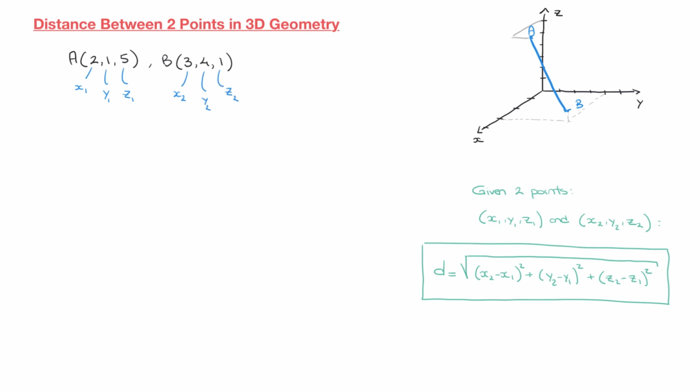And let me insist we could have done the opposite and called the coordinates of B x1, y1, z1, and the coordinates of A x2, y2, z2. Whichever order you choose there, it really doesn't matter. That being said, I carry on. Now that we've connected each of the coordinates we have to the coordinates inside the formula, we're ready to calculate